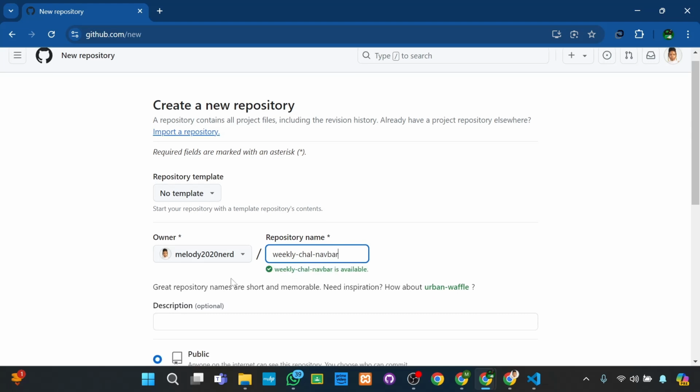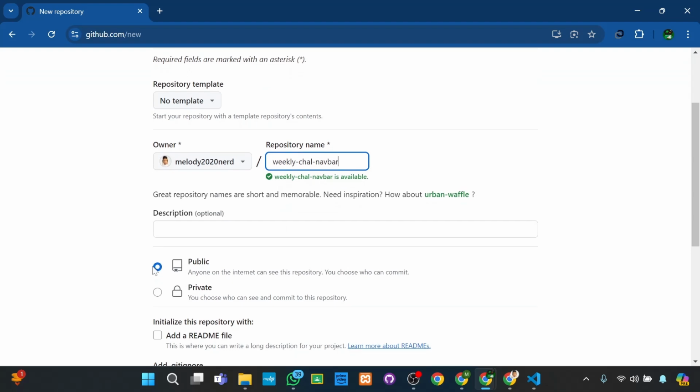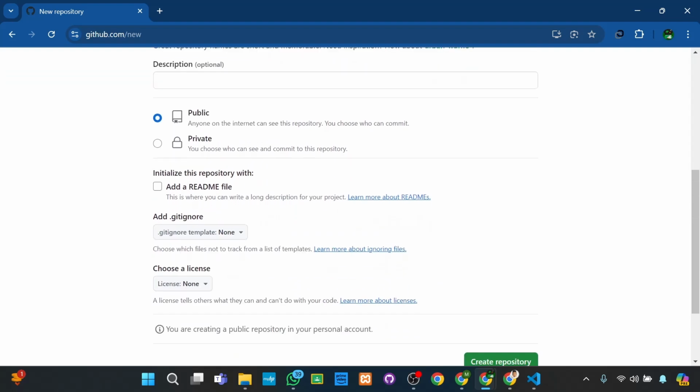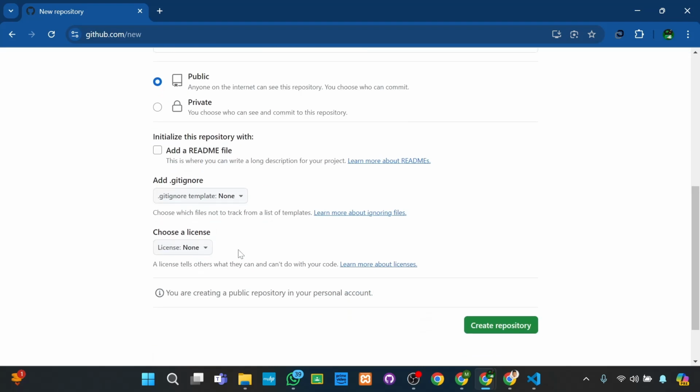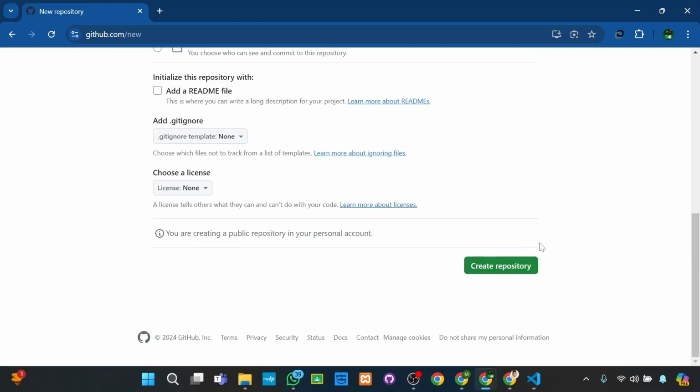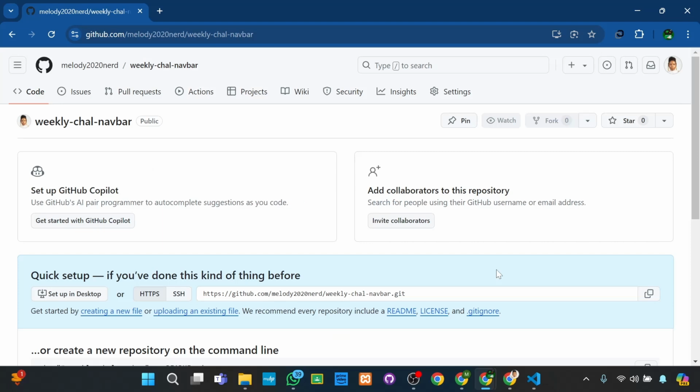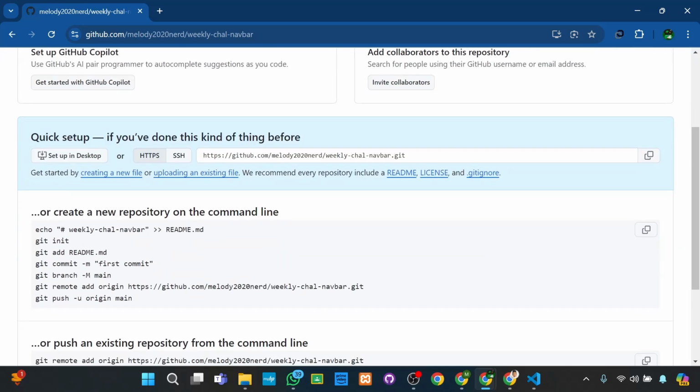Afterwards, I'm going to make sure that it's set to public. So guys, make sure that it's set to public. Then once you check that you have all that in place, you can click on create repository. So now that I'm back here on this page, you want to go to where you can easily upload